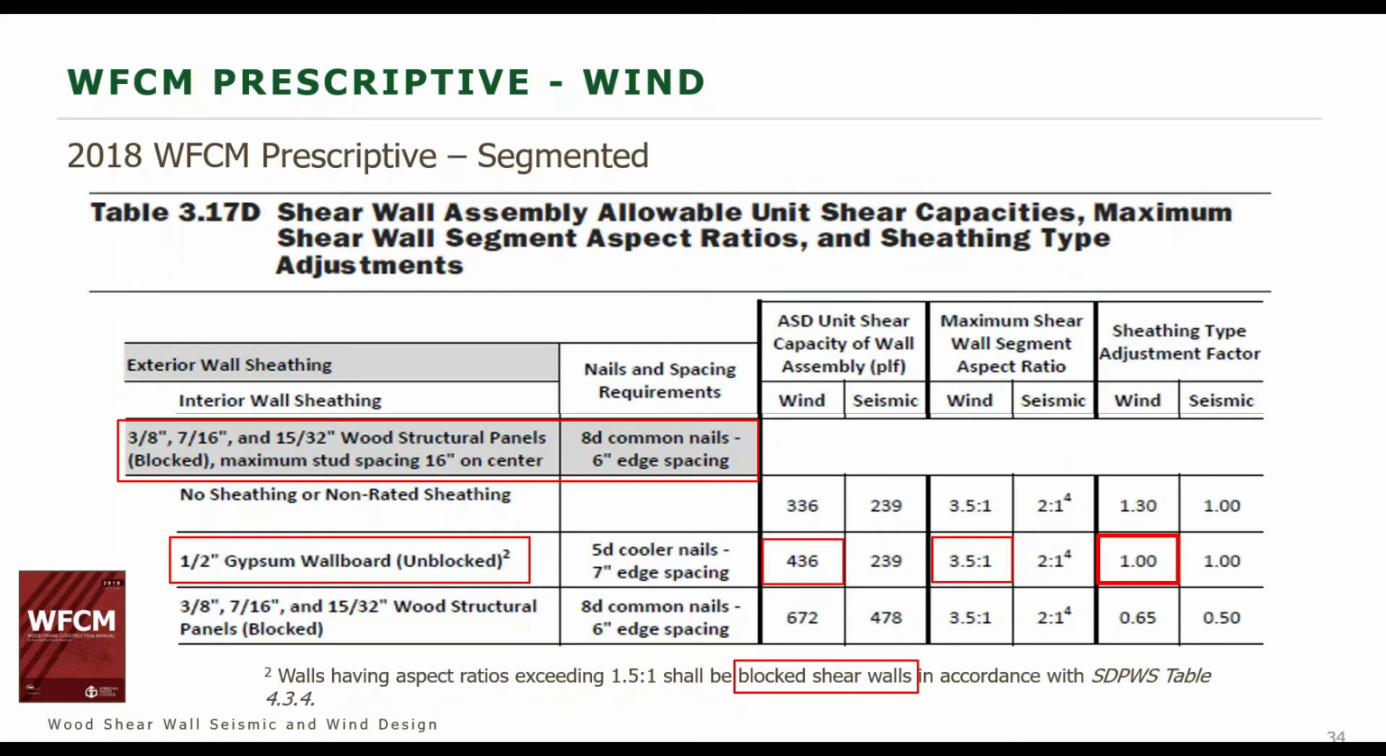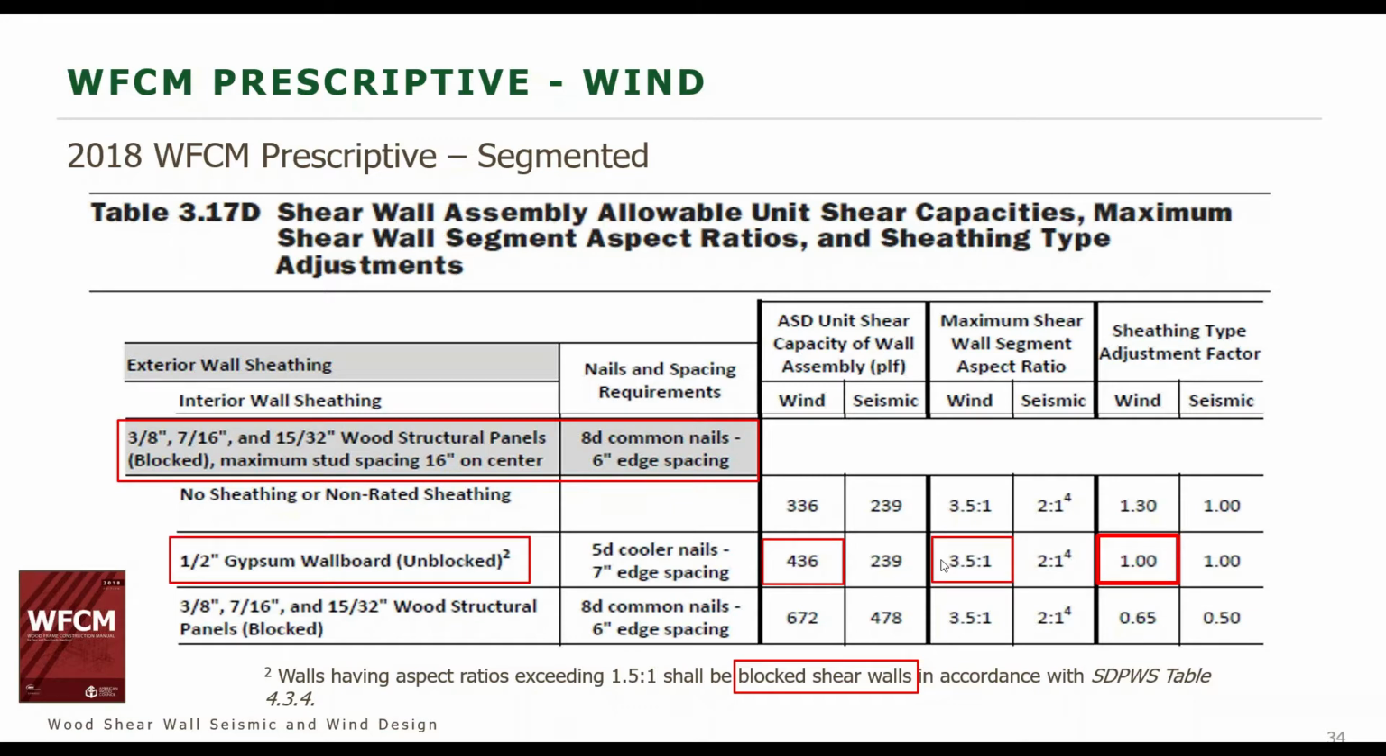Now, if we go into table 317D, this gives us information on the unit shear capacities of our assemblies, and it also gives us this sheathing type adjustment factor. So if we go into here and we take a look at the exterior wall sheathing that's noted in the gray, and then below it in the white is the interior wall sheathing. So again, remember that we said we were using the 1/2-inch gypsum wallboard,